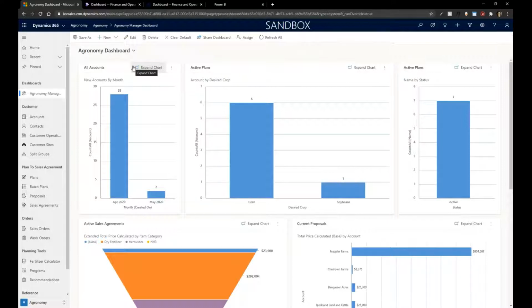Which is a huge step forward in a lot of ways, meaning when we start having conversations with our growers, we're really starting to be able to interact with the system even while at their site, if you so choose to do that. Meaning that if you want to create a plan, for example, for your grower, apply a specific program, which we'll talk about in a little bit, and then execute off of that, you can do that mobile. You can do it via your phone technically, or even via a tablet, instead of doing